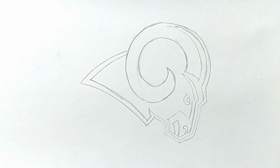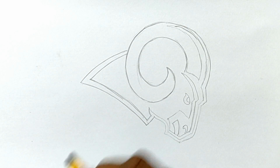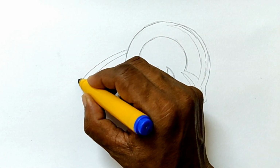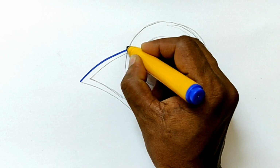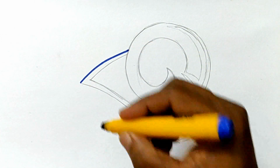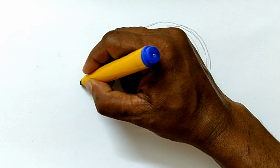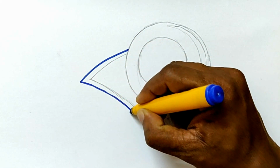Okay, now I'm going to pair it up with a blue marker pen. So first I'm going to draw the border line. Later we've got to erase all the pencil marks, so